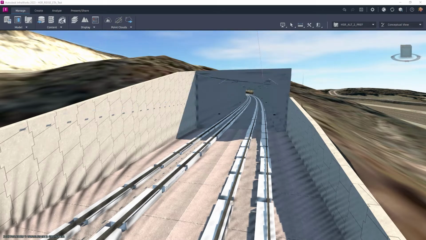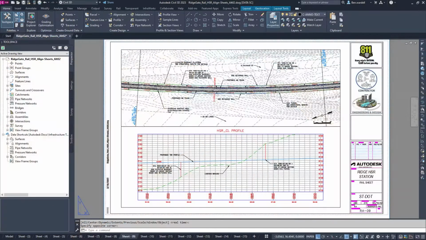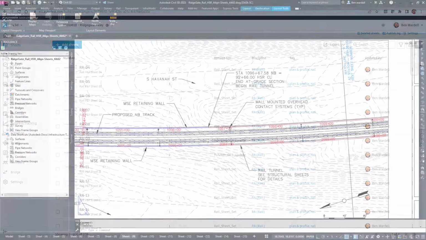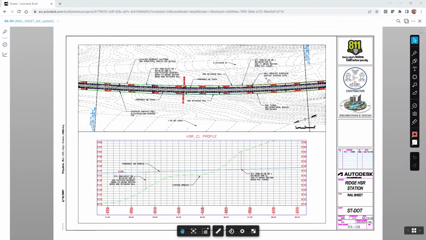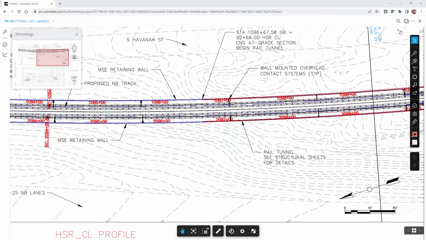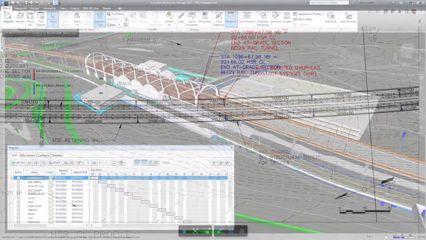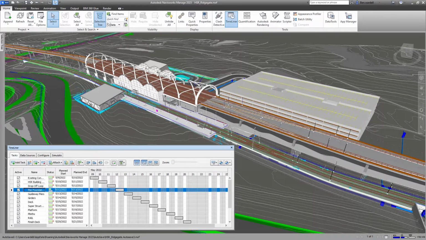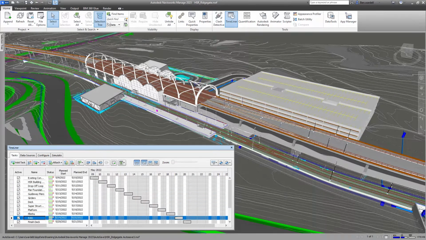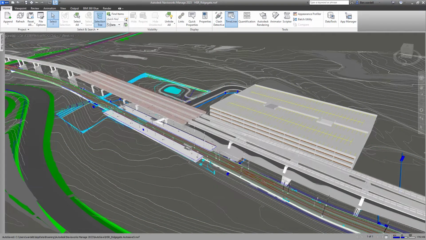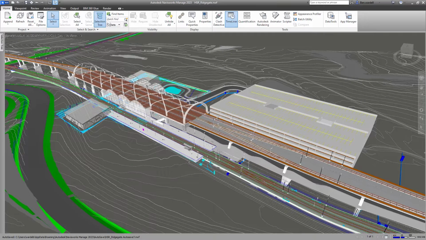As the design files are updated, team members can compare versions to understand the impact of design changes. These features help to ensure that the entire project team is working with the latest design information. Using the Timeliner feature in Navisworks, the project schedule data can be imported and associated with model objects to create a 4D simulation. This assists the team in assessing construction feasibility and identifying potential conflicts in scheduling or phasing.